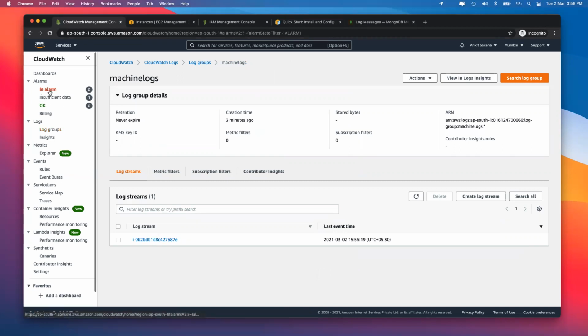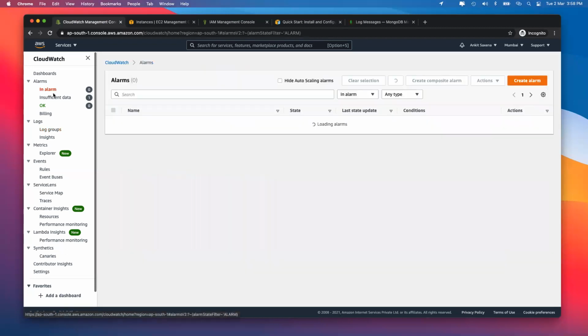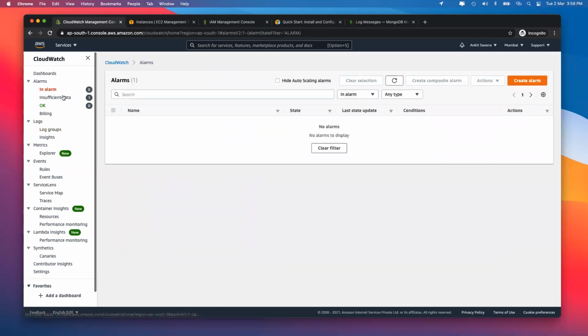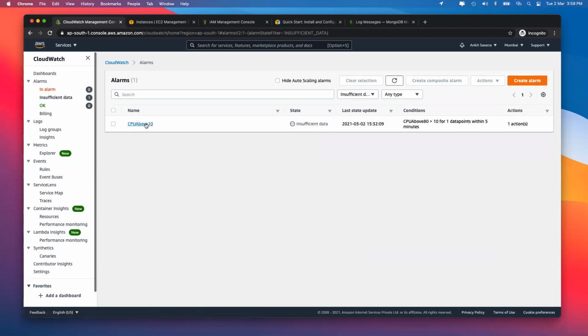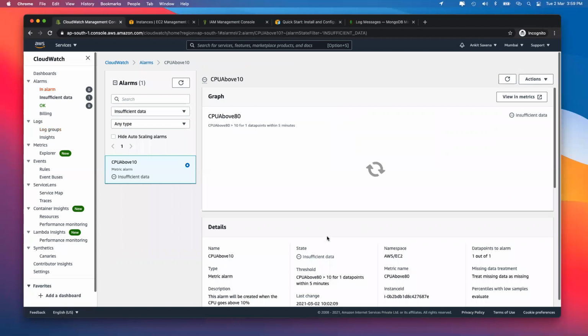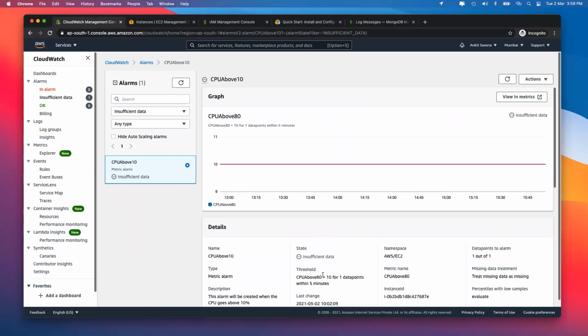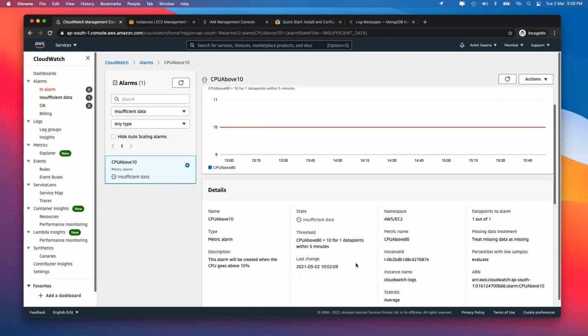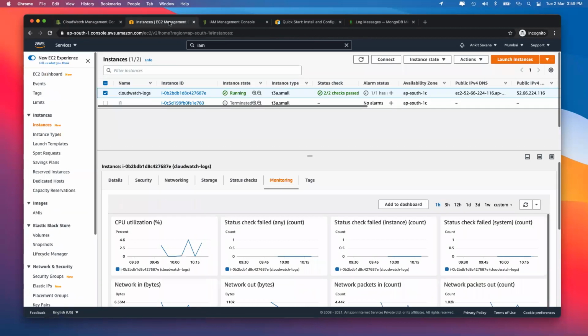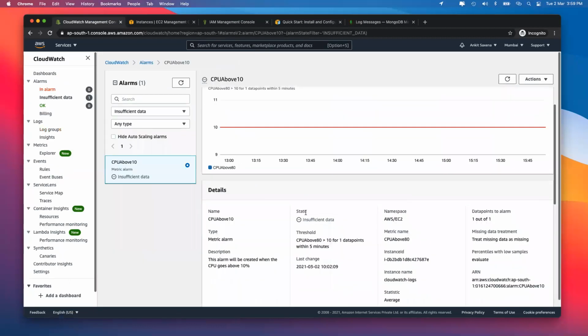Now, going back to my instance that I had created, whatever alarms I had created will all start to show up over here, like the alarm which I had created. This alarm will be triggered whenever, let's say, my CPU goes above 10% for whatever instance I had created at that point of time. So this is about my CloudWatch logs. We have also seen how we can create the log groups and the insights, and we have also seen the metrics.